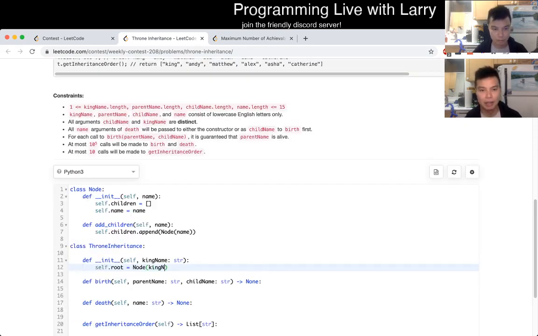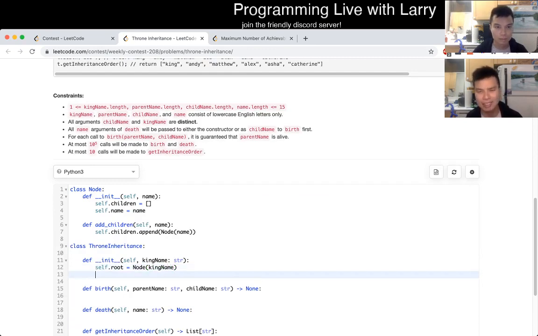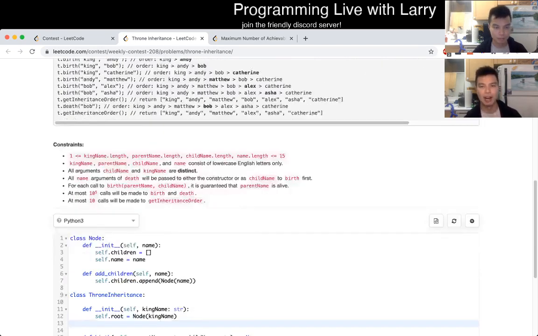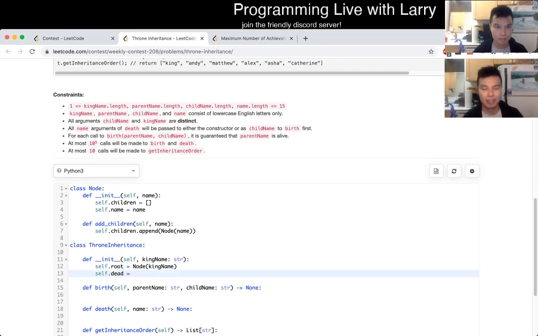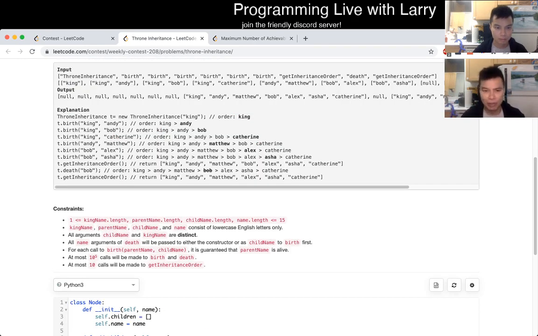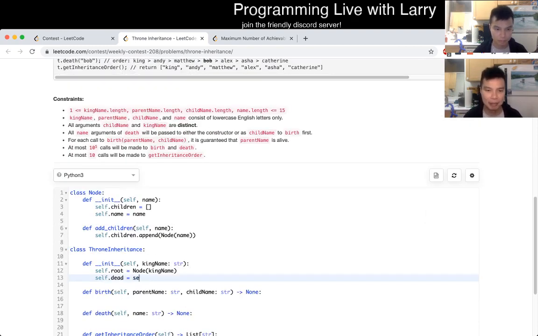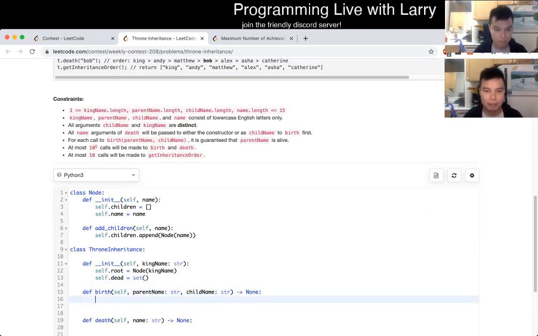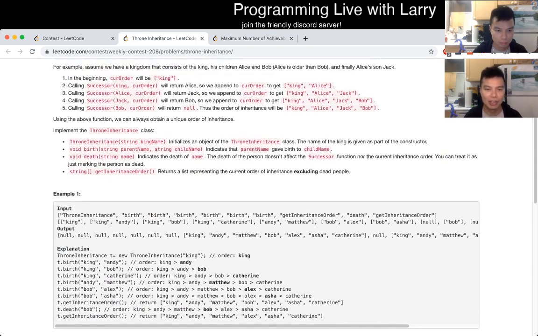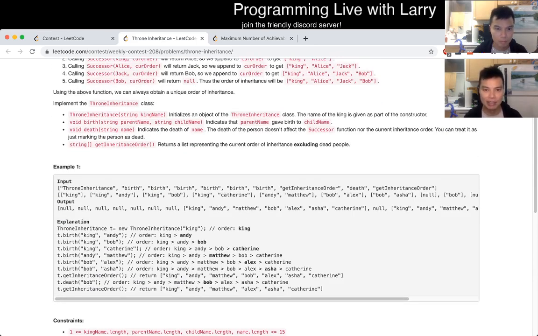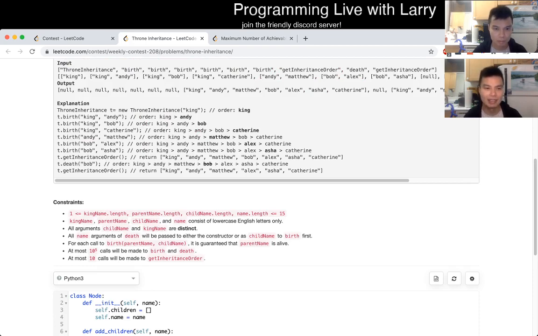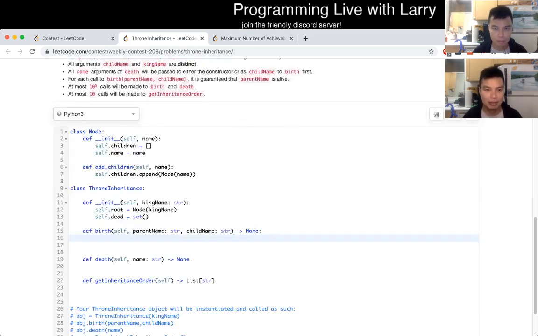But yeah, and right now I'm just initializing the node. I mean, this is actually, to be honest, a boring problem. If you listen to my explanation during the explanation video, I go over it, so this is actually not a surprise. And it's not really that much code. So basically the tricky thing for me for this problem is just trying to figure out, okay, I want O(1) access to find the node that we added to. So basically I just have a lookup table, right? And I was just making sure that my interpretation of the dead people is correct.